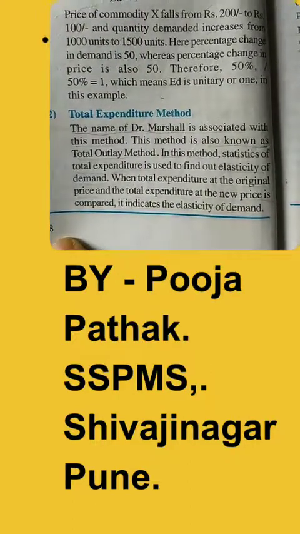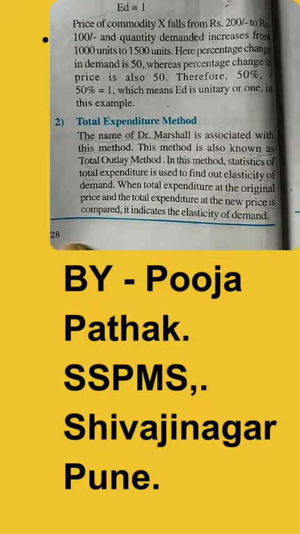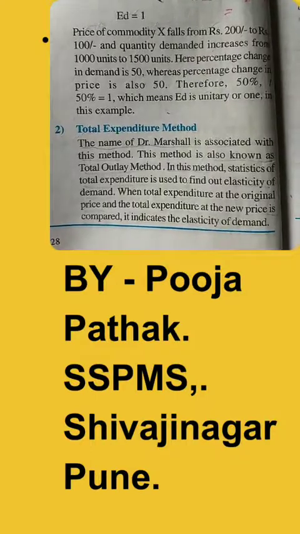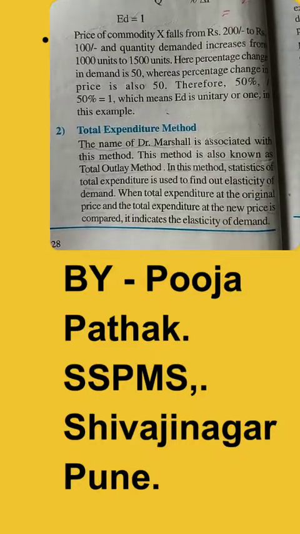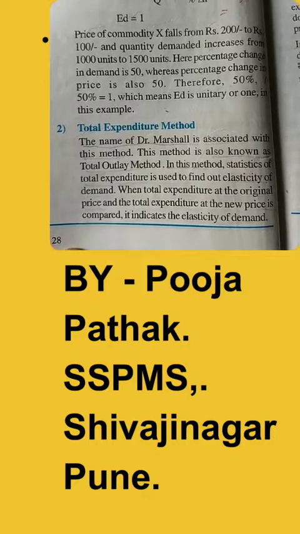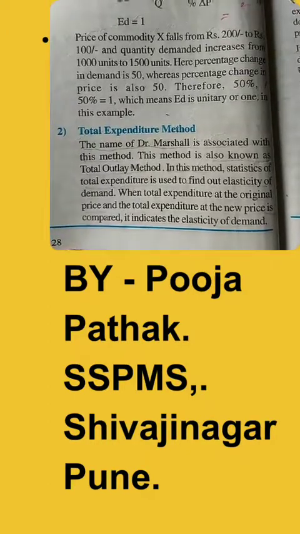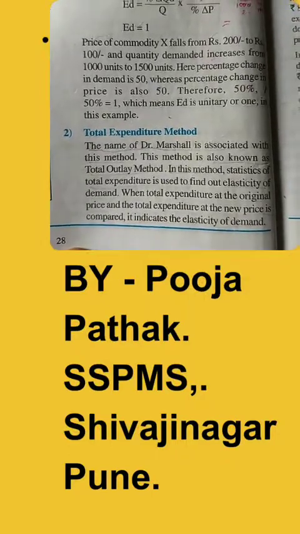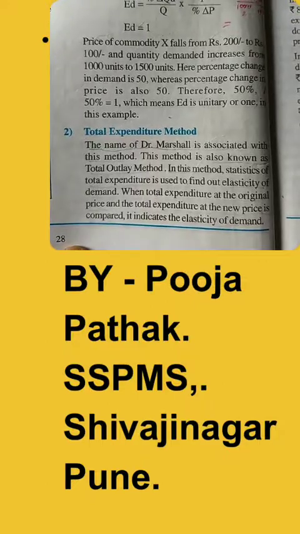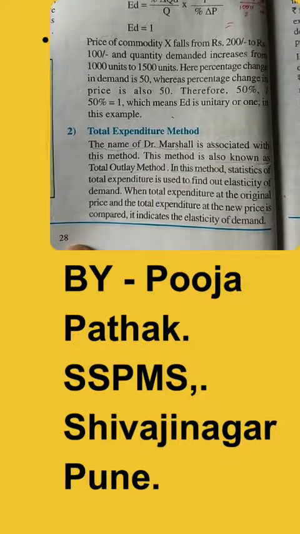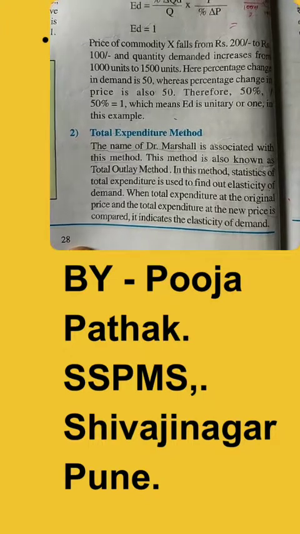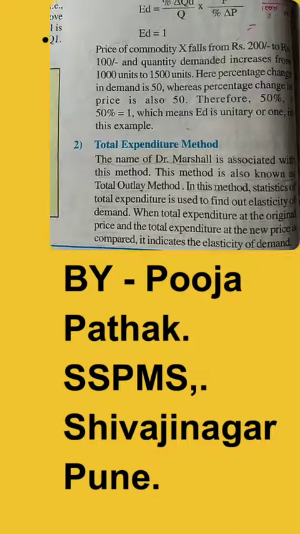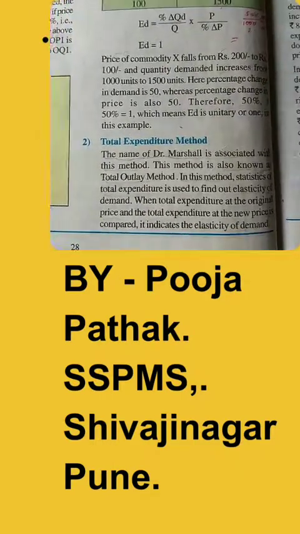म्हणजे तुम्ही खर्च किती करताय त्याच्यावरून आपण इलास्टिसिटी ऑफ डिमांड कॅल्क्युलेट करणार आहोत. सो वेन टोटल एक्सपेंडिचर ॲट ओरिजिनल प्राईस अँड टोटल एक्सपेंडिचर ॲट न्यू प्राईस. ओके, ओरिजिनल प्राईस जसं मागच्या एक्झाम्पलमध्ये ओरिजिनल प्राईस आणि न्यू प्राईस होतं, तसं ह्या एक्झाम्पल्समध्ये पण तुम्हाला दिसेल की ओरिजिनल प्राईसमध्ये किती एक्सपेंडिचर करतायत आणि न्यू प्राईसमध्ये तुम्ही किती एक्सपेंडिचर करतायत, ते दोन्हीही एक्सपेंडिचर कंपेअर करणार आहेत आणि इलास्टिसिटी फाइंड आउट करायचं आहे.